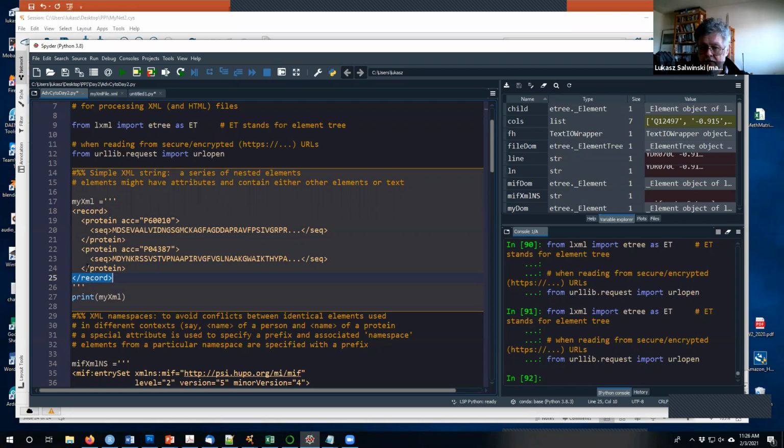Those two versions of the tag are present all the time. There's always the opening and closing tag, and then inside there's more of those. There's an element called protein nested inside, and there's another one nested inside. As you see, it starts with the tag with the protein name, and ends with the tag with the slash